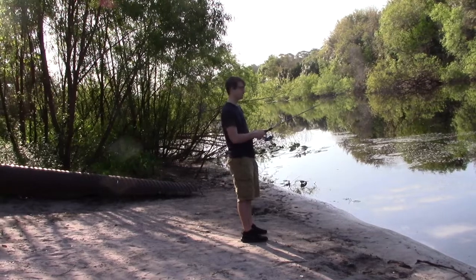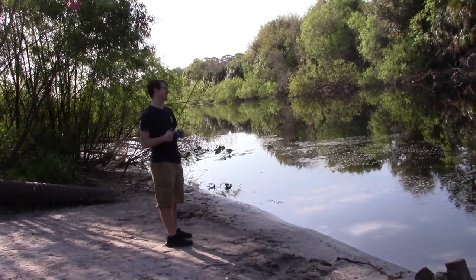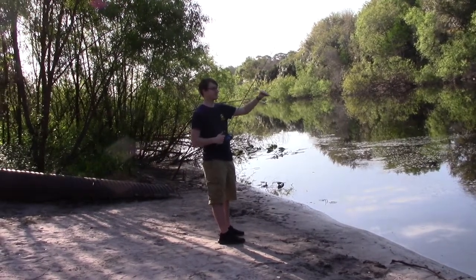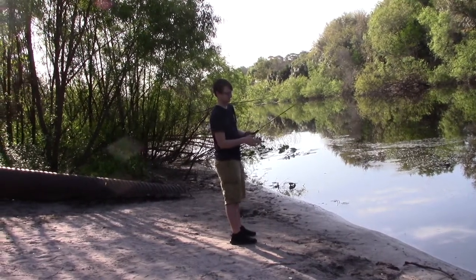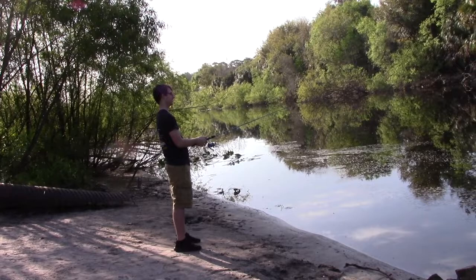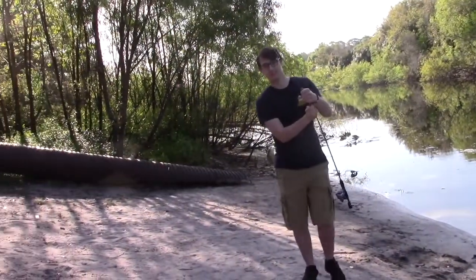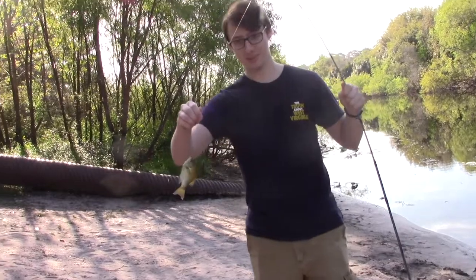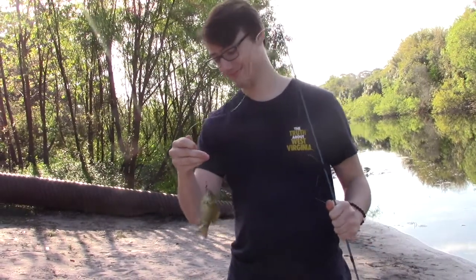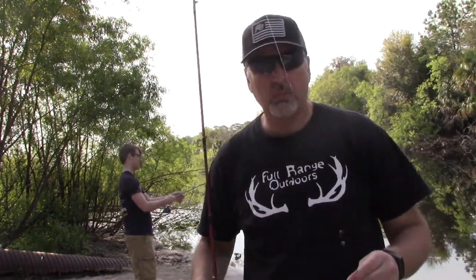He might have got off. No, he's still on. No, he got off. Well, we didn't get that one on camera quite as well, but I just had 3 quick bites in a row. The first 2 got off, but I managed to pull in the 3rd one. Now I just had to tie back up. That last fish